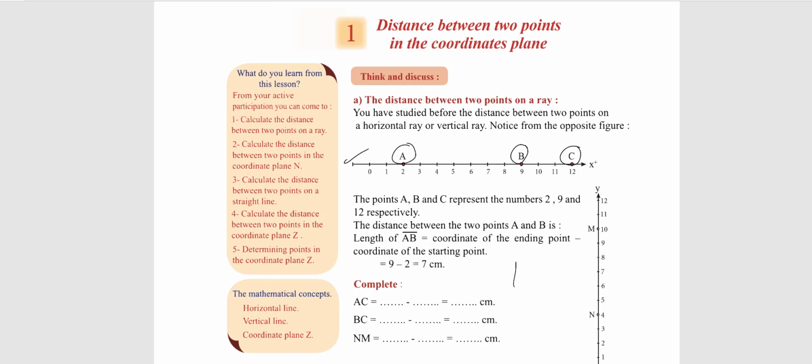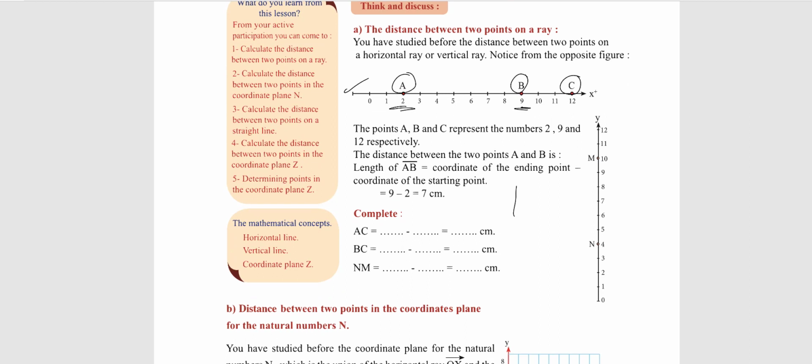The distance between the 2 points A and B equals the length of the straight line AB. It equals the ending point minus the starting point, which equals 9 minus 2 equals 7 centimeters. If we want to find the distance between the 2 points A and C, it is determined by the straight line AC, which equals the ending point of C, 12, minus the starting point of A, 2, which equals